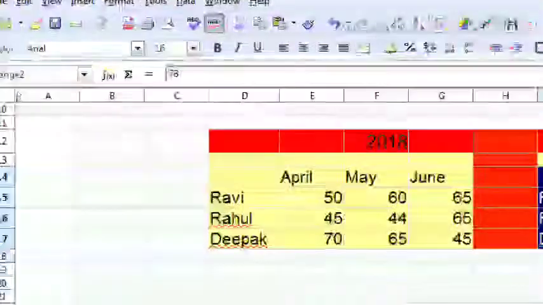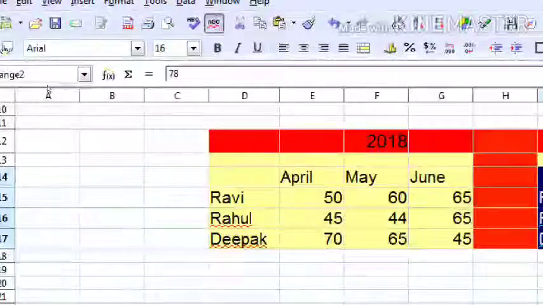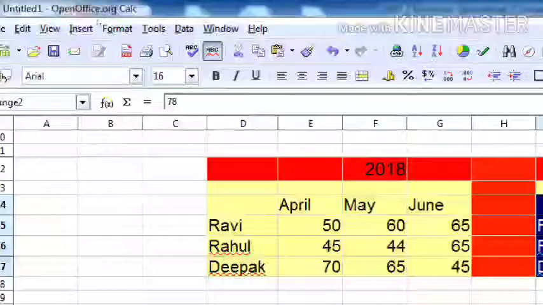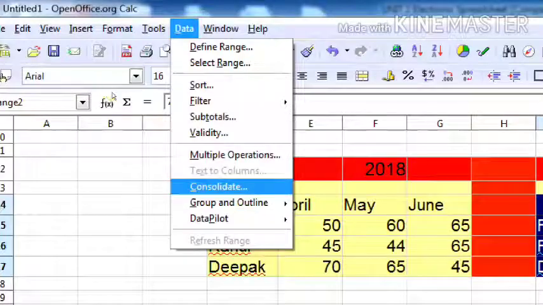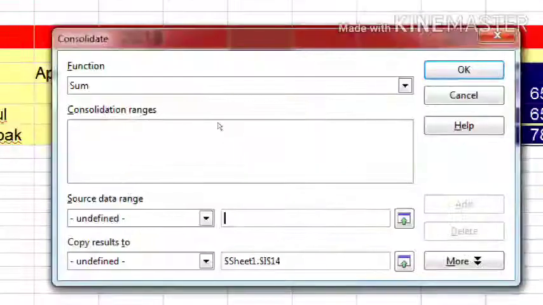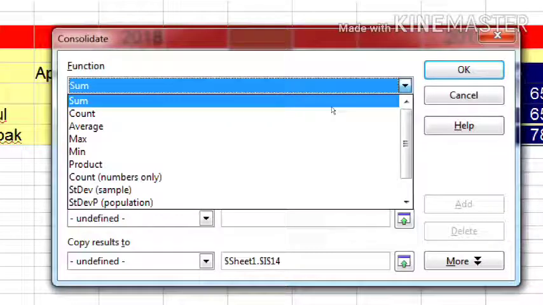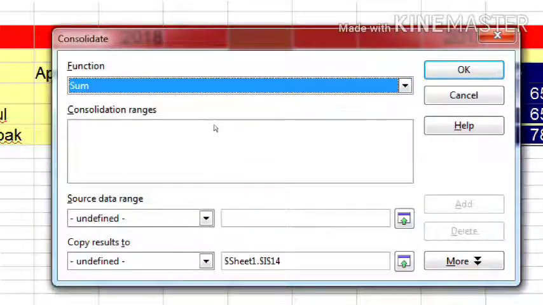Now the next option, what we will do: we'll go to the Data option. Okay, pressing the Data tab. Here click on Consolidate. Here a Consolidate window will appear. What you will do here, there are so many functions: sum, count, average, max, min. So we are taking sum here.